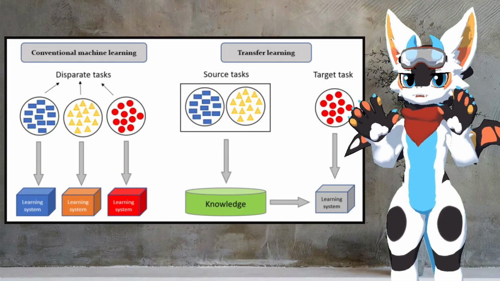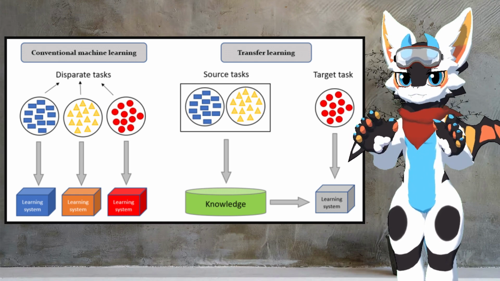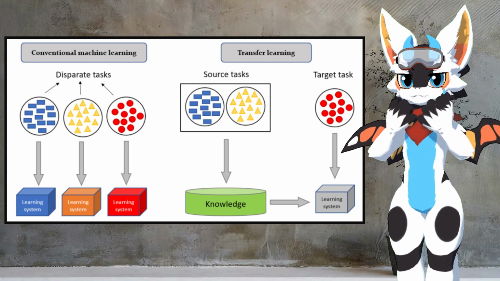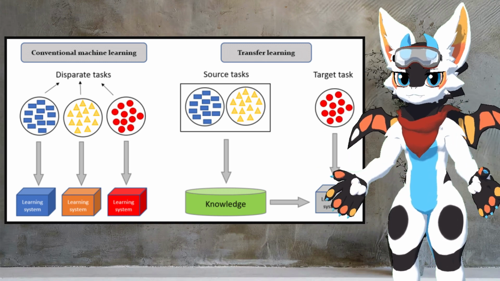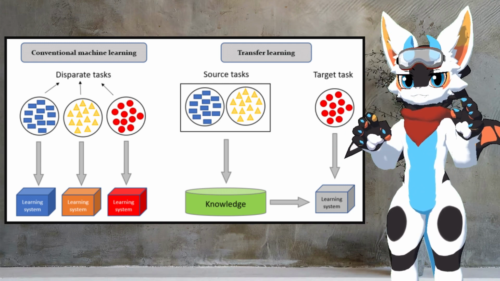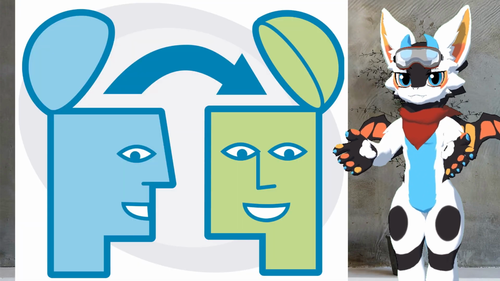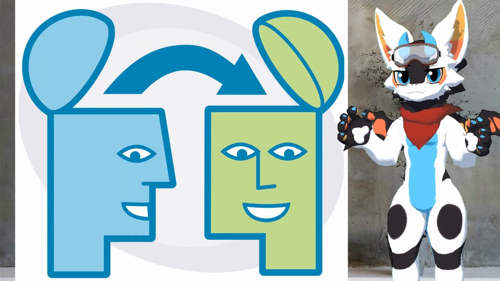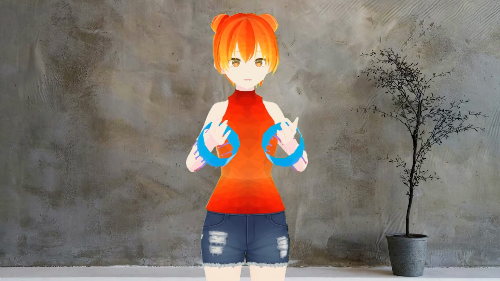In conventional machine learning, the algorithms are trained directly by feeding disparate data. But in the case of transfer learning, it leverages valuable knowledge from similar tasks and previous experiences to significantly enhance the learning performance of conventional ML techniques. Basically, it is an advanced subfield of machine learning. I see. Is transfer learning used in other fields within AI?